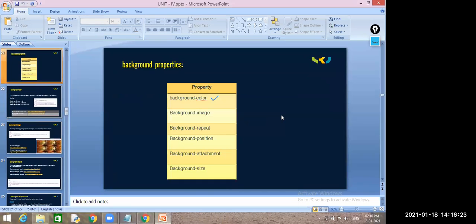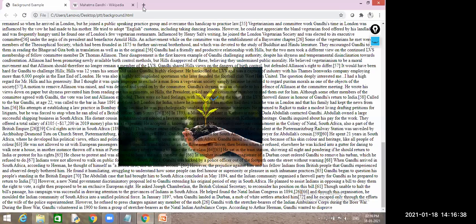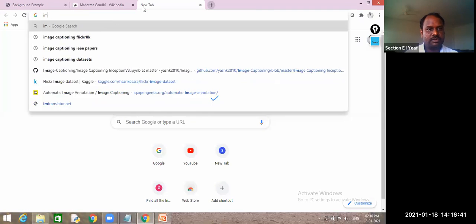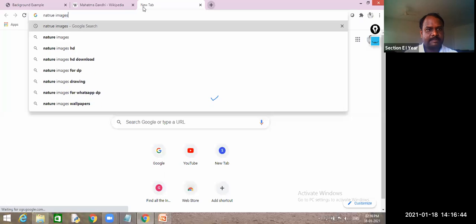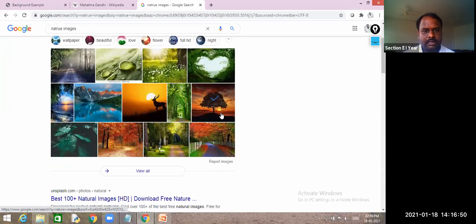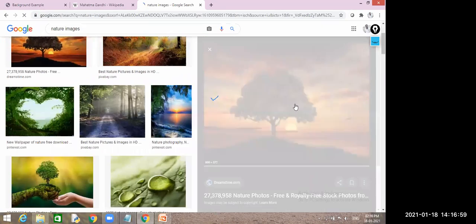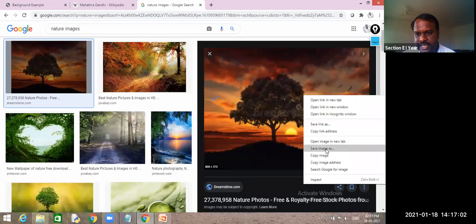So once we save an image from the internet, put a name to it and upload it in the HTML code, sir. I have already shown from the internet now. Oh, manually I need to download. Yes, sir. See, here go for any images, guys. Nature images. Can you see these images? Yes. So I will go for this image, this tree image. And right click on this, you can see save image as. Can you see this one?